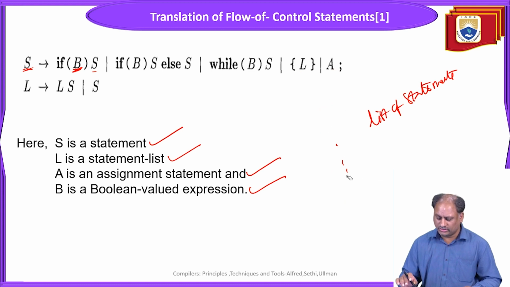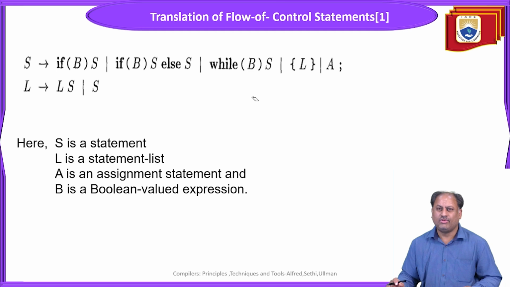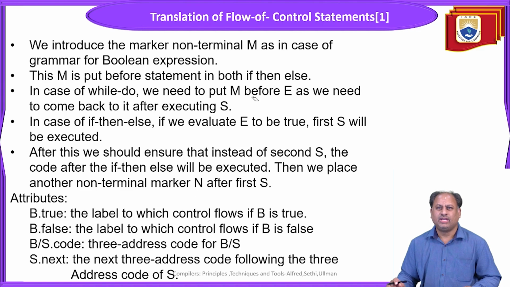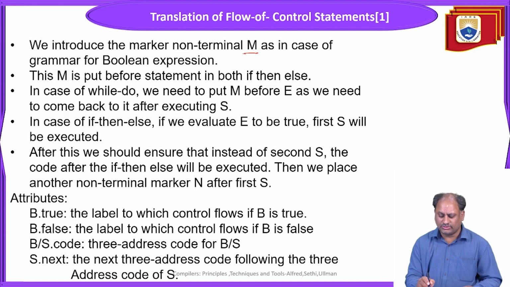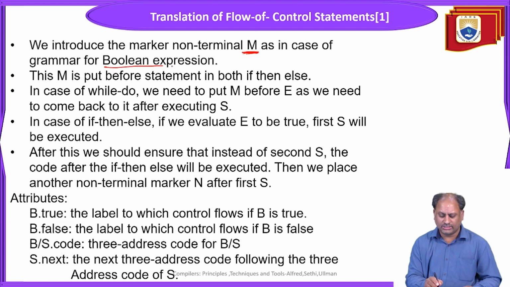Now we will see the syntax directed translation of three address code notation for the translation of flow of control statements. Here also we can use a notation where the marker has to be placed. That means the non-terminal which introduces a marker is M. If it is a Boolean expression, a marker is to be introduced before the statement,